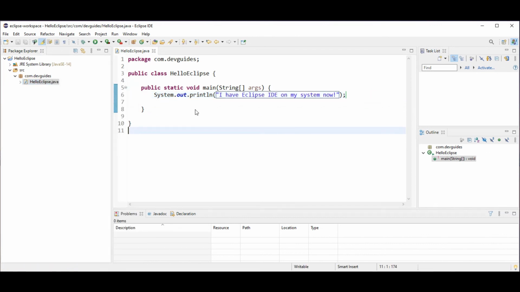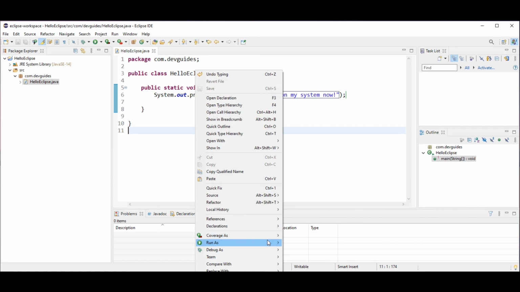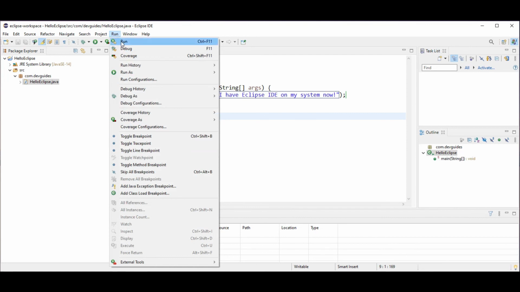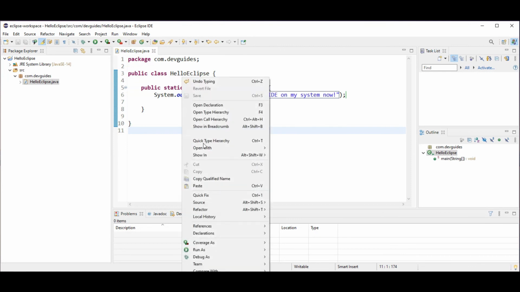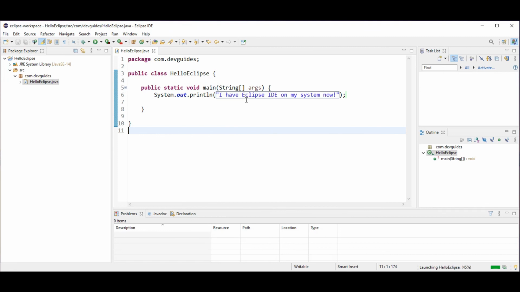Another way is to directly right click on the editor itself and select Run As Java Application. Then the third option is we can click here on Run. So for now, just right click, Run As Java Application. This will compile our program and run our program.